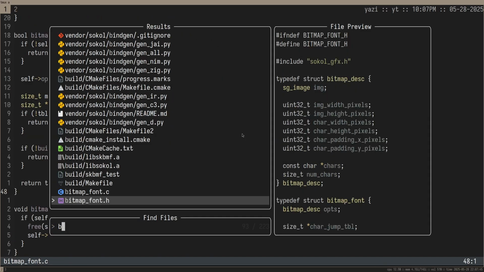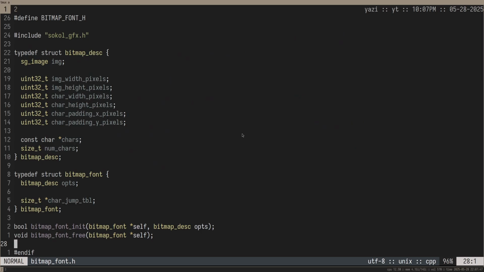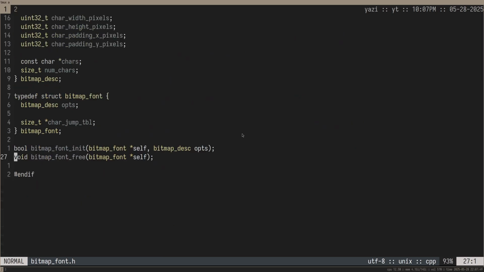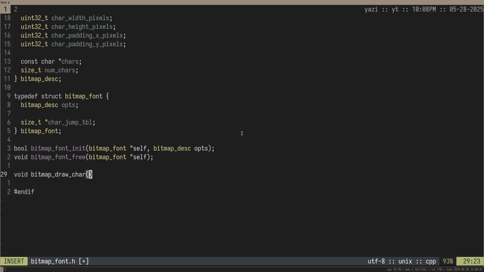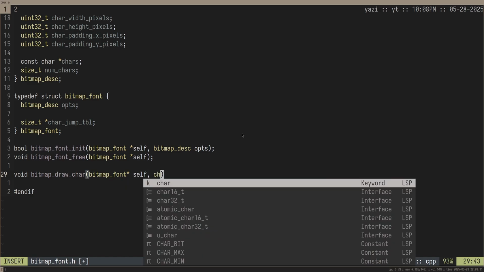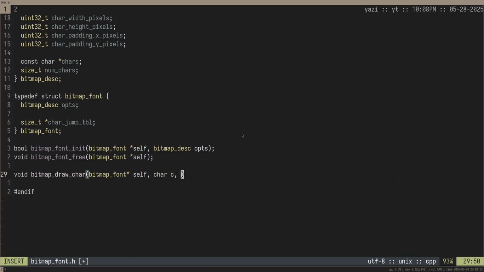And now let's go back to our header file here and see if we can add an actual useful function. I think the first thing we should do is get a function that can draw a singular character. To do that, I'm going to create a function called bitmap draw char. This will take in the bitmap font that we have created here, the actual character, and then it will take